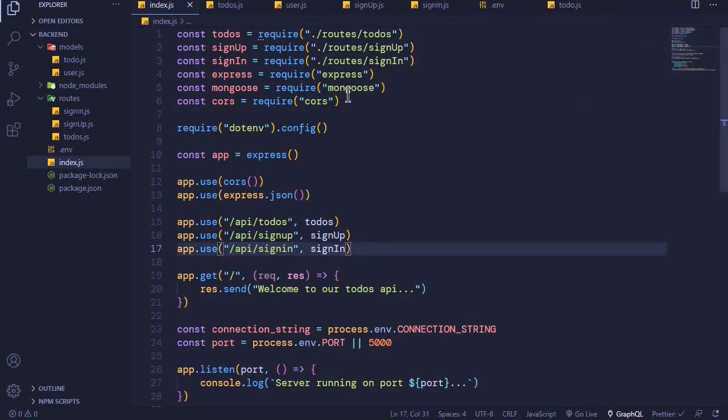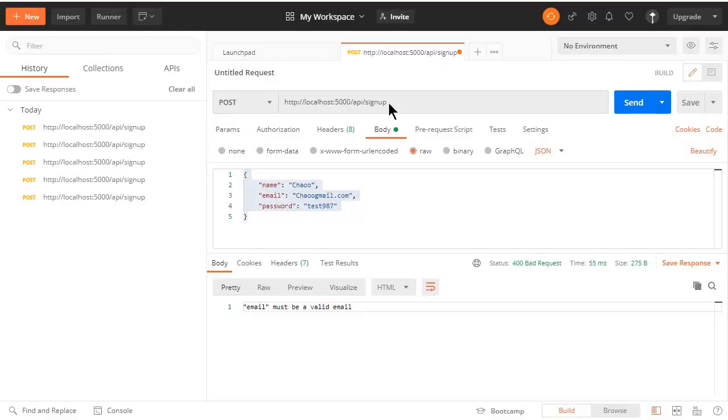Now let's go to Postman and test our endpoint. I'll come back to Postman here and change the path here from sign up to sign in. So sign in, and then the body of the request should have only an email and a password, and this should be a valid email which already exists in the database. And then the password is that one. And now our response should be a JSON web token. So I'll send this,